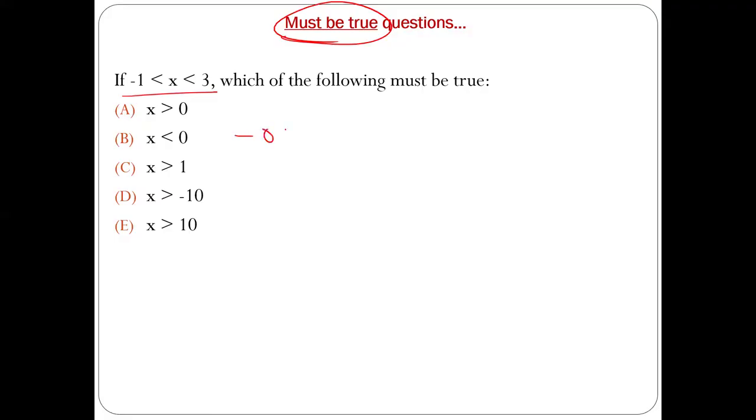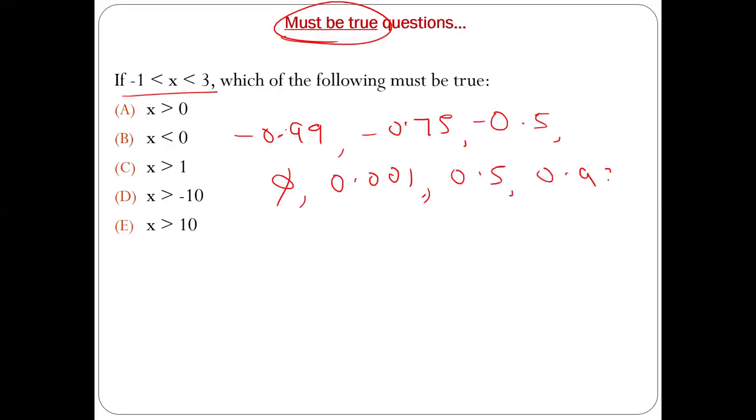So it can be minus 0.99, agreed? Or minus 0.75, for example, minus 0.5. Obviously, it can be 0, 0.001, 0.5, 0.999, whatever. I'm just writing some values here, 1.999 or 2.87 and so on, correct? Given this,